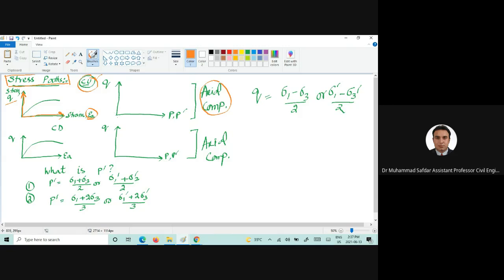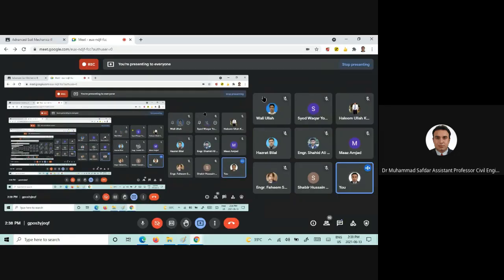For example, if we have consolidated it till a point sigma 3, or we can say P prime, a certain P prime value or a sigma 3 value, how are we going to plot the stress path in consolidated undrained condition? Wali, Daniel, Shabir,